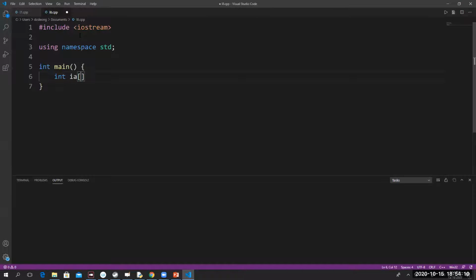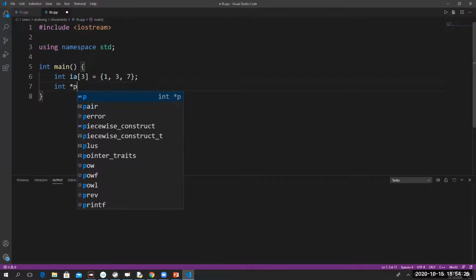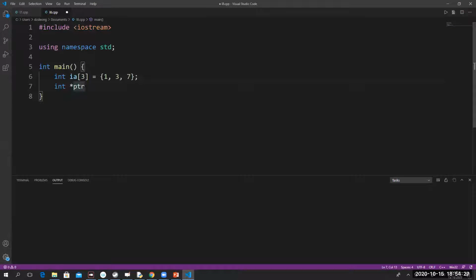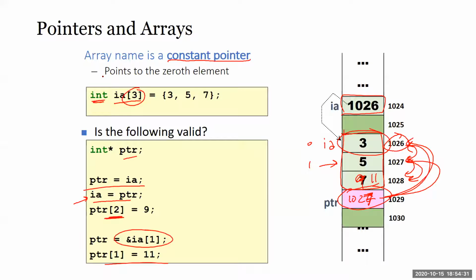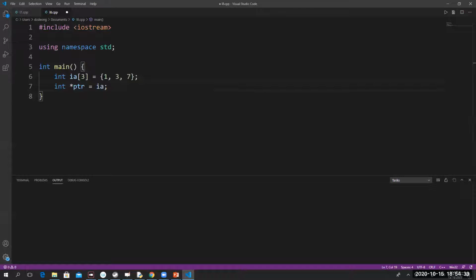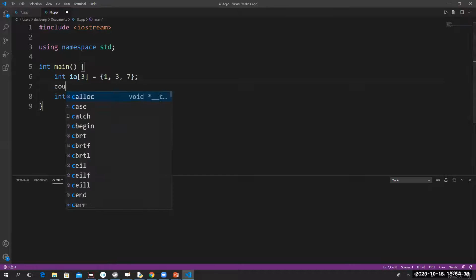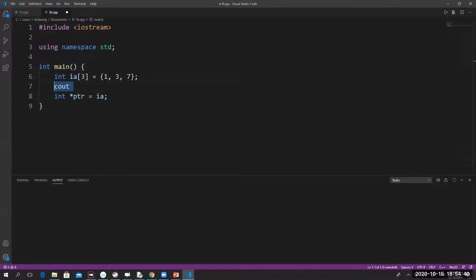Integer array ia, ia 3, equals 1, 3, 7. Okay, let's do this. Then I say integer pointer equals ia.